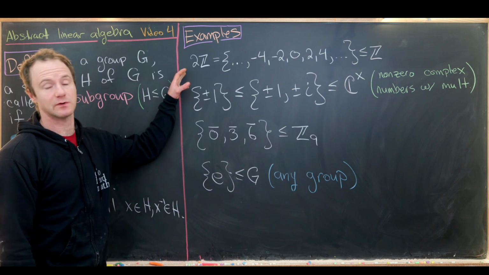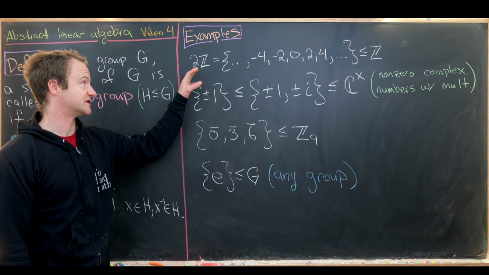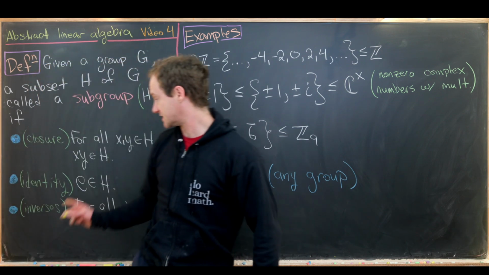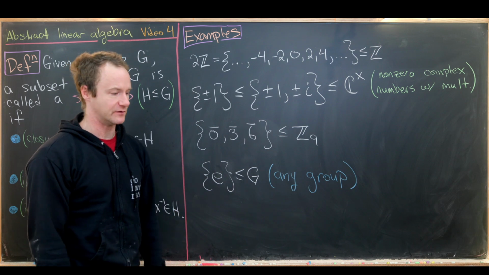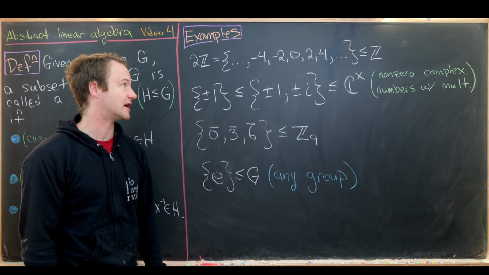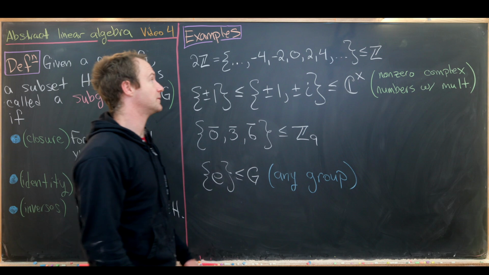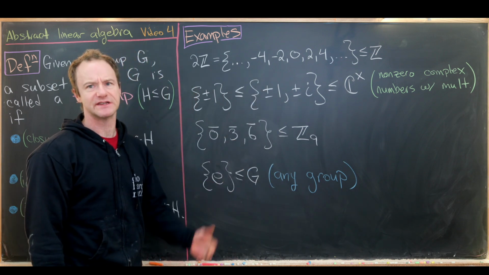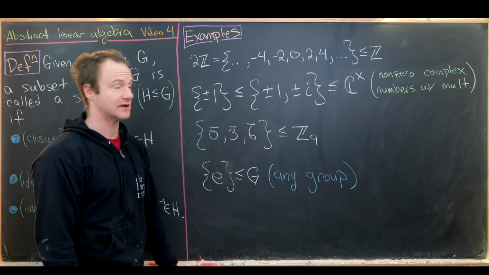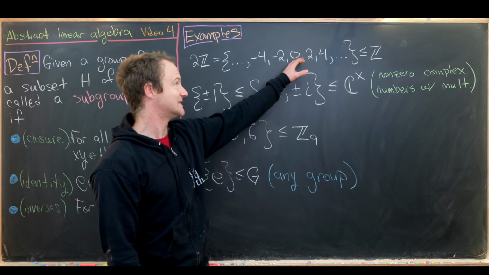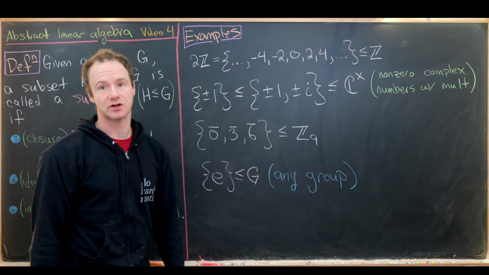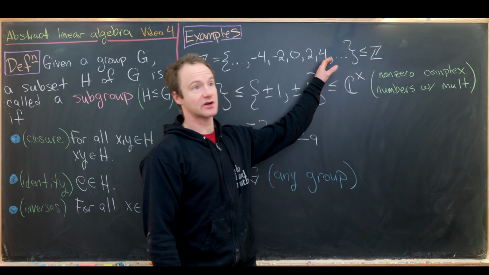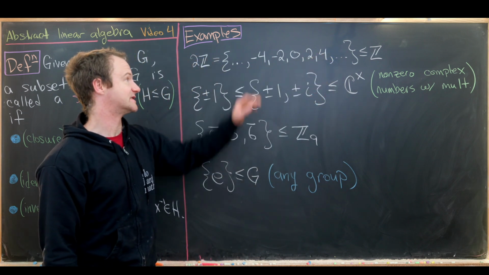So our first example is the subgroup of integers given by even integers. Well, let's just check that this is closed, and we'll just talk our way through this. I urge you to write all the details down if you need to. So if we take any two even integers and add them, we still get something that's even. So I think that's pretty clear. Notice the identity is an even integer. And then finally, if we have an even integer, then the negative of that integer is still even,